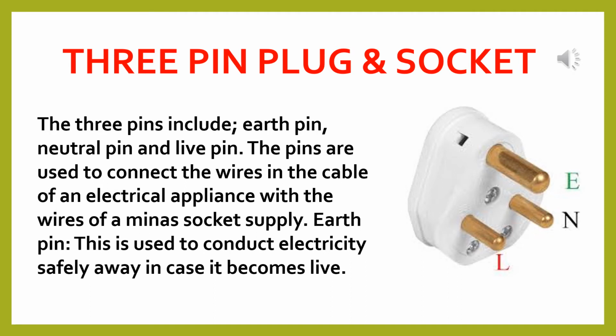In a 3-pin plug, there are 3 metal pins in an ebonite or plastic case. The top longest pin is for earthing, and the line pin is on the left and the neutral pin is on the right side. The earthing pin is thicker and longer than the other 2 pins, and so the earth connection is made first, and as it is thicker, it cannot be inserted in other holes by mistake.